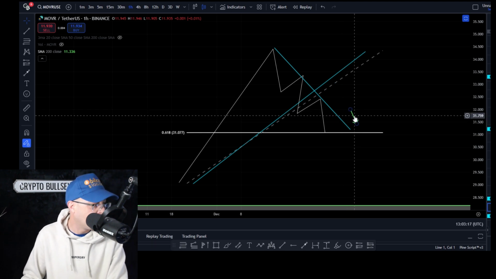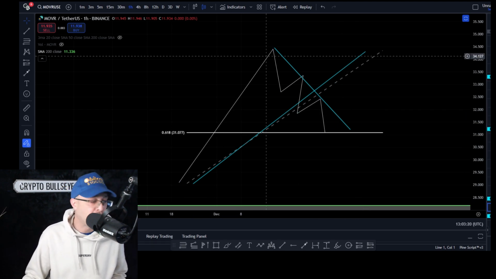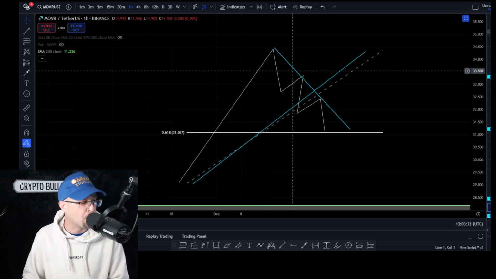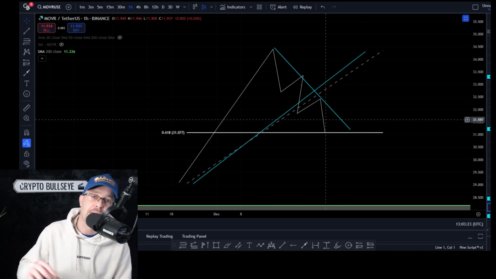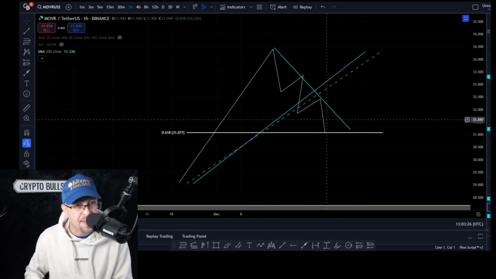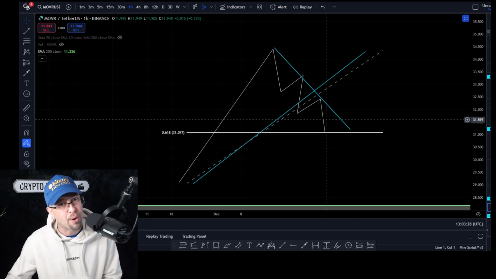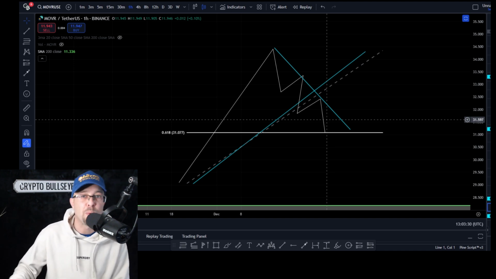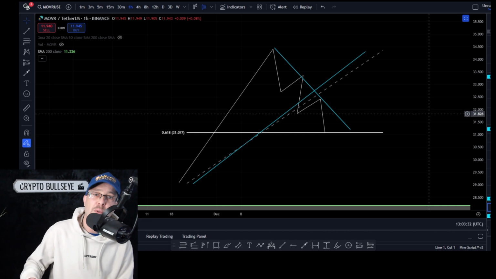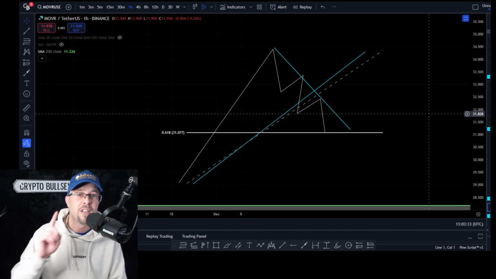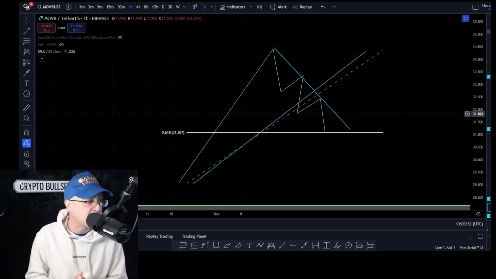So just to clarify, putting in a higher high, we're above the 200 moving average. We're pulling back to the 618. As we're pulling back to the 618, the stochastic needs to be oversold. If the stochastic's oversold, then we're waiting for a break. Once we've got a break and a close, we're putting our stops below the previous low. We're putting our targets at the previous high, subject to a minimum of 2 to 1 risk to reward.